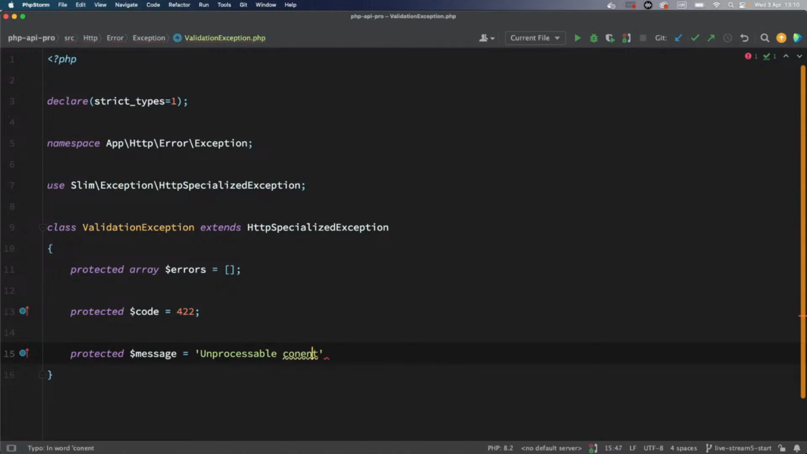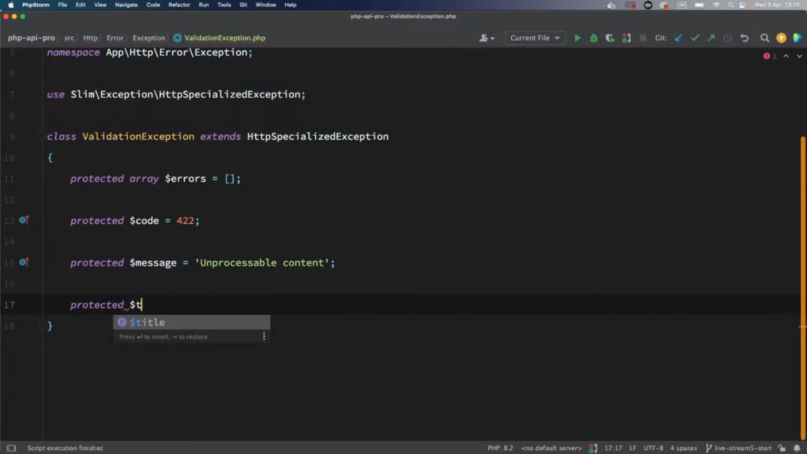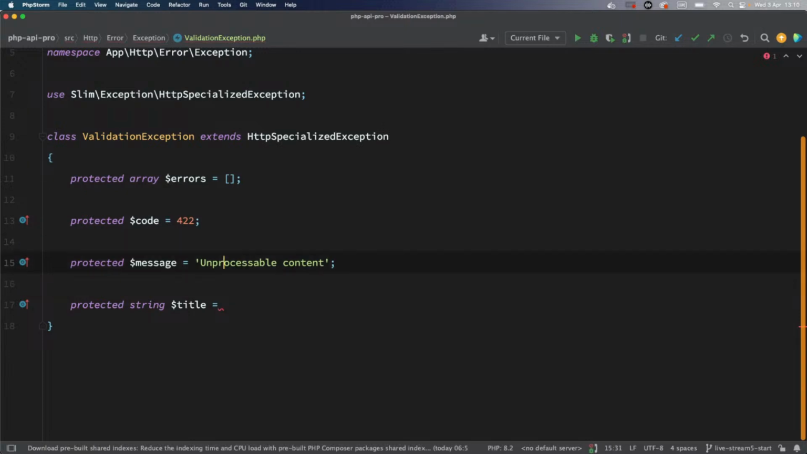So that is the actual name for your 422 validation exceptions. And then after that, we need the title. And as you can see, it jumped in and put the string in there for this one. This is going to be similar to the message, except we just put 422 on the front of that, and then